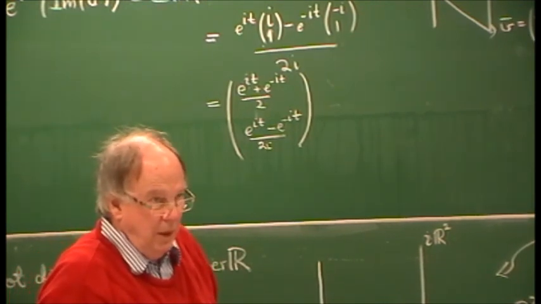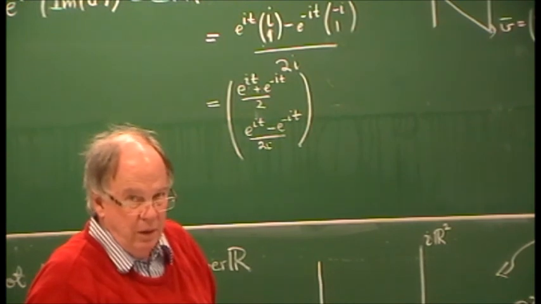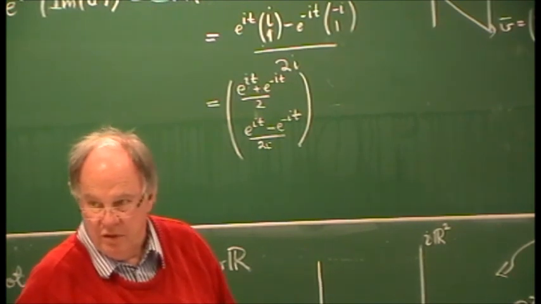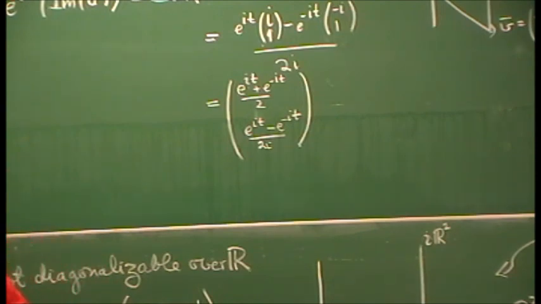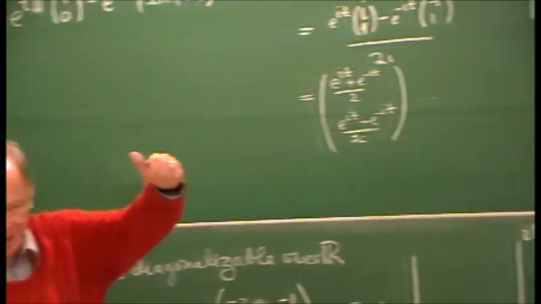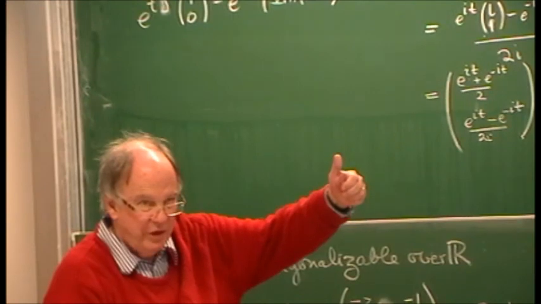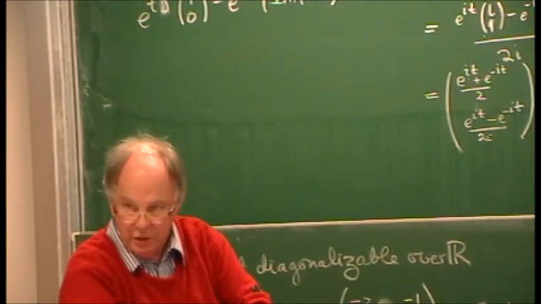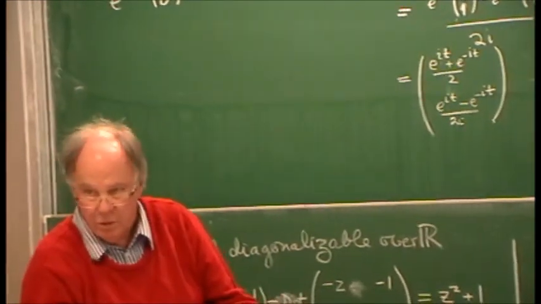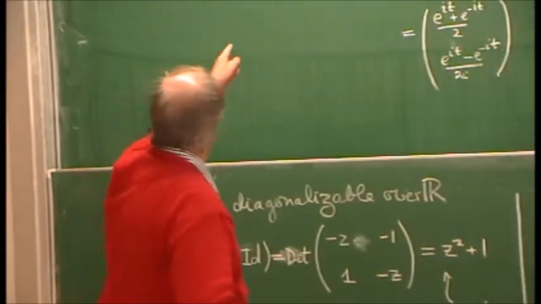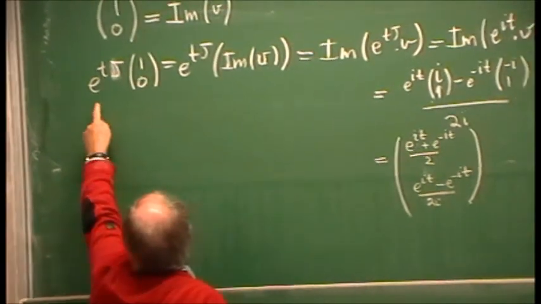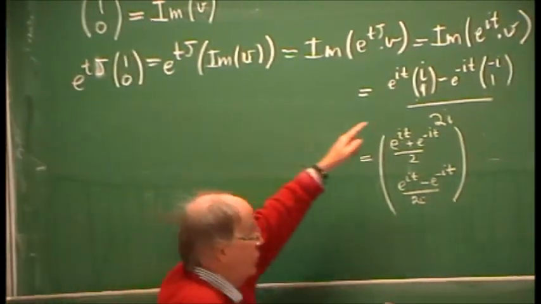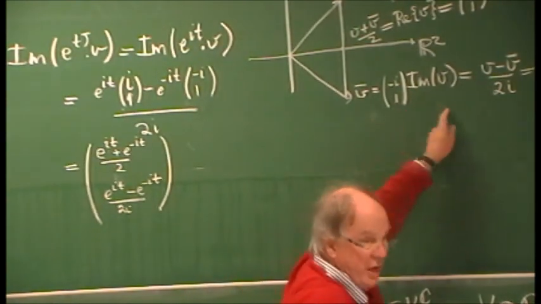But this is really the way to think, as opposed to power series development and exponential. Try to find the complex eigenvalues, eigenvectors. Go to the complexification. Write everything down in the complexification. And then come back to the reals, depending on what you want to do. Here I wanted to come back and understand what happened. This is what I want to understand. The way I do it is my picture here, at least for the real part. I can't draw such a nice picture for the imaginary part, but